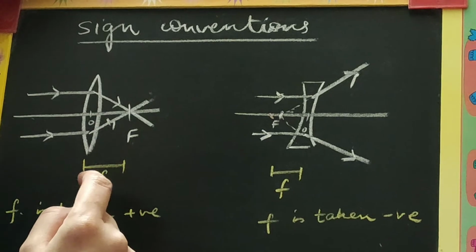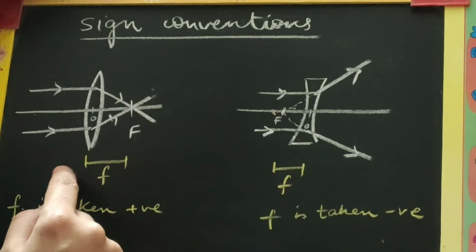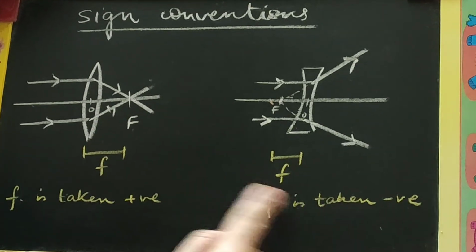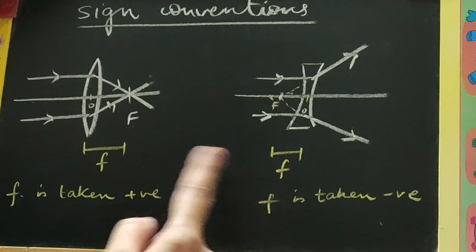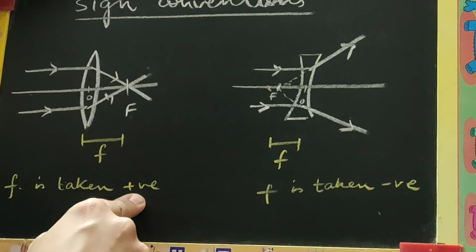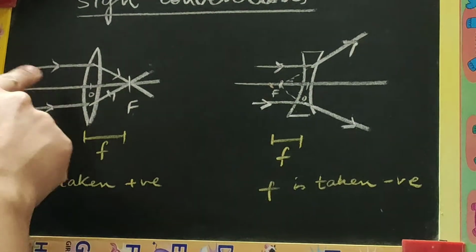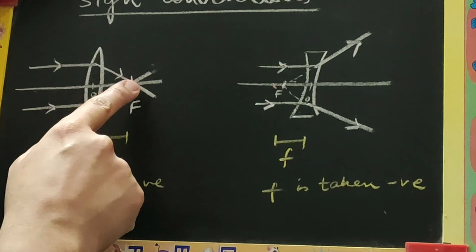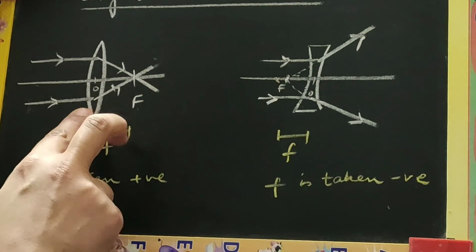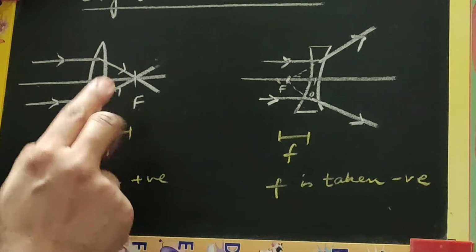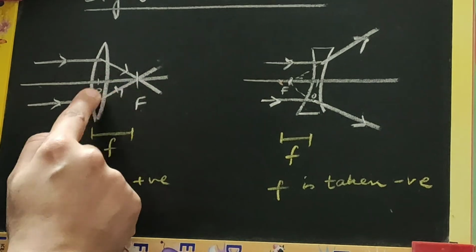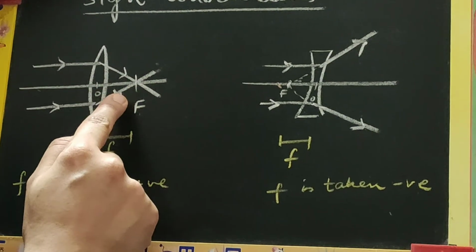Also, in addition to the points discussed earlier, the focal length of these two lenses are taken positive and negative respectively. We are going to discuss the reason for the same. For a convex lens, focal length is taken positive. We can clearly see here, this is the ray diagram which we had drawn to define focal length. Focal length is the distance between the optical center and the focus, or you can say it is that point on the principal axis where parallel light rays are meeting. So the distance between that point and the optical center.